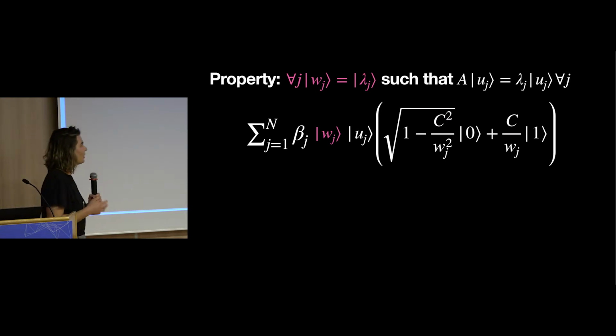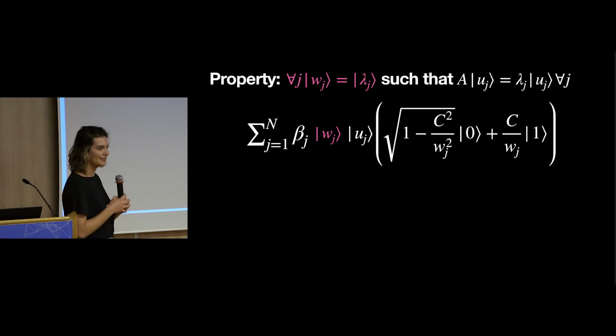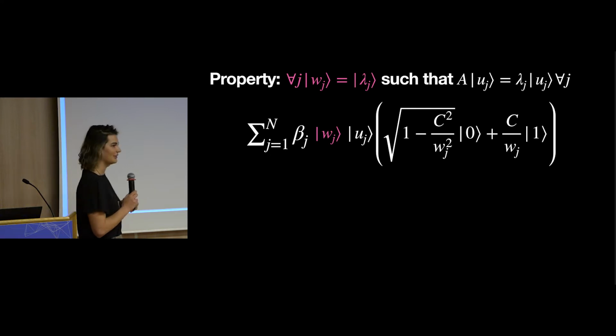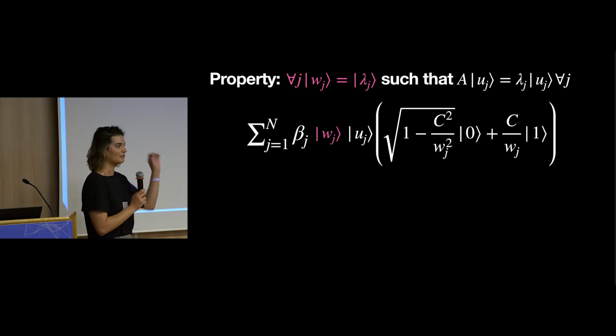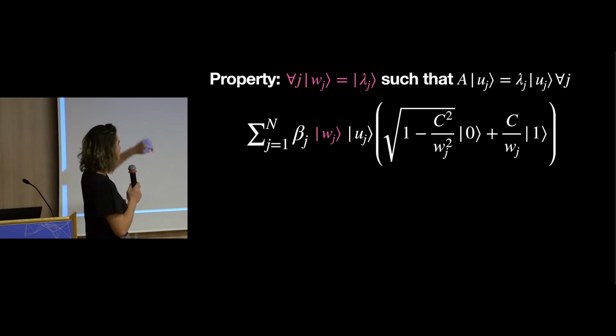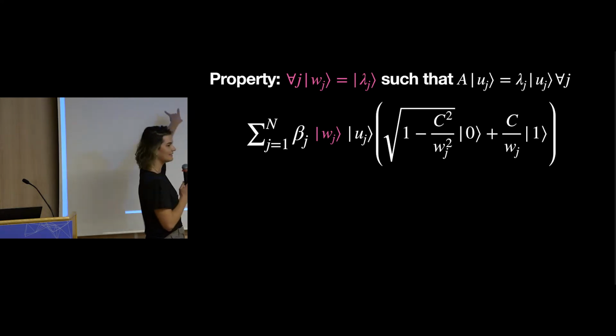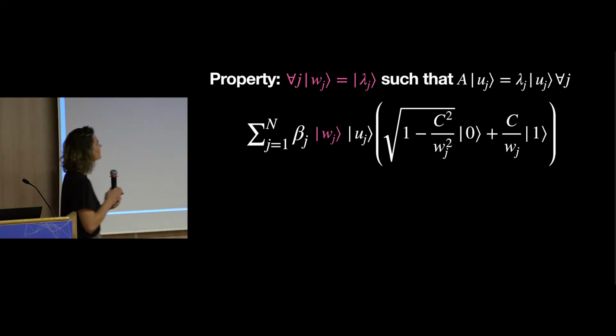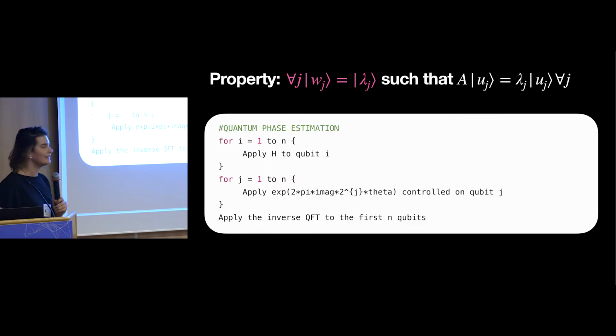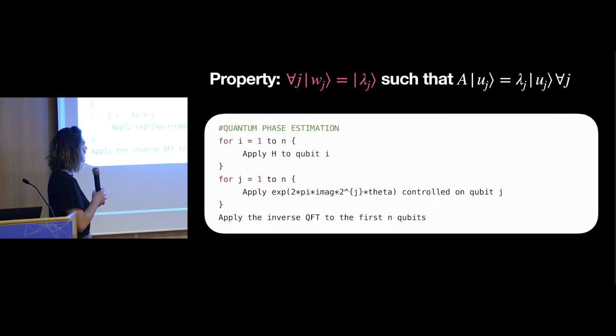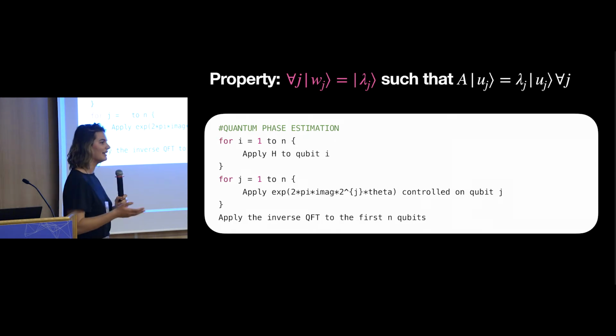There are a few different properties that we might like to check about the state. Now I'm going to focus on the eigenvalue register. I would like to ensure that my eigenvalue register actually stores the eigenvalues of a matrix A. By that, I mean the eigenvalues corresponding to the eigenvectors that it is entangled with in this intermediate state. And why do we actually care about this? How might there be a bug that would lead to some sort of error for which we actually need to do testing? This intermediate state is